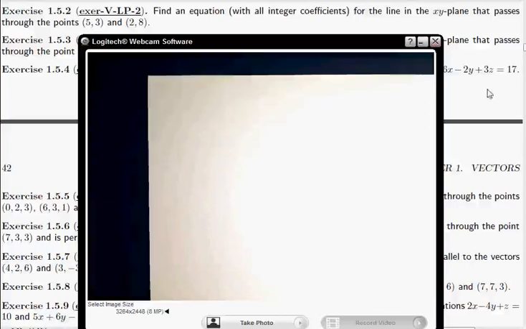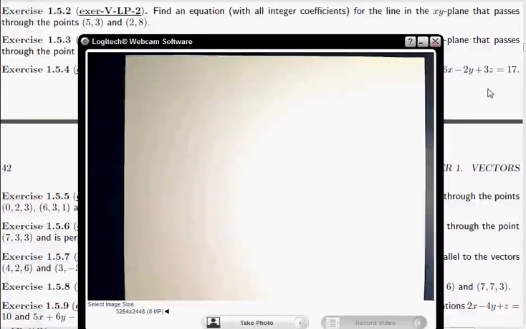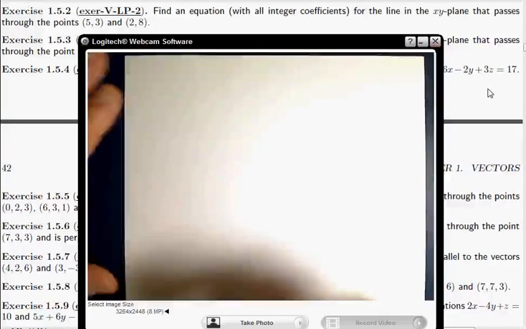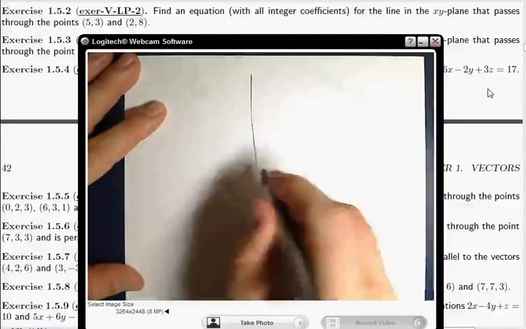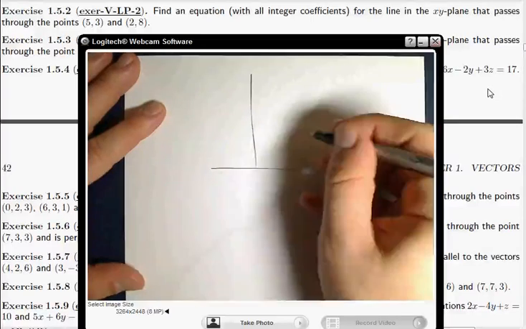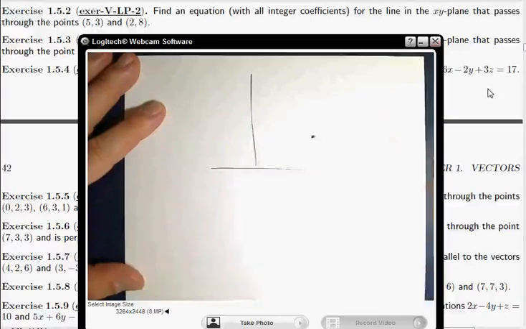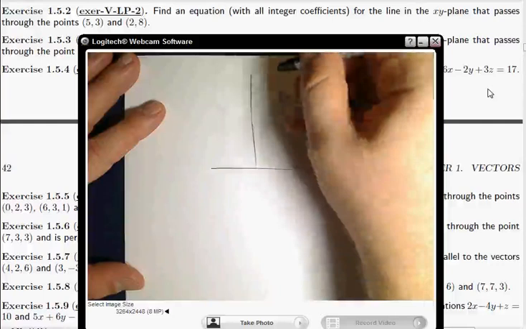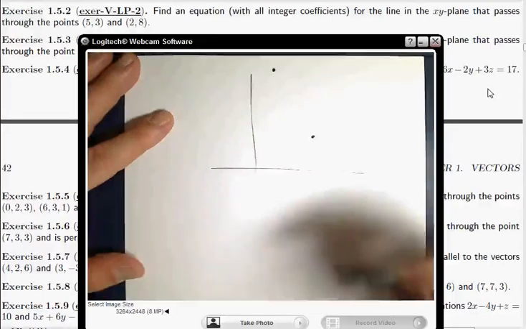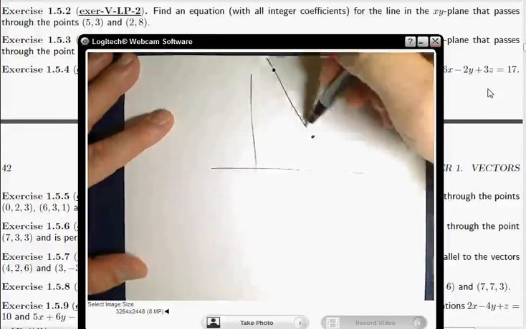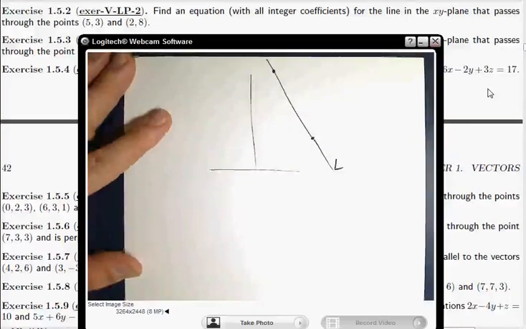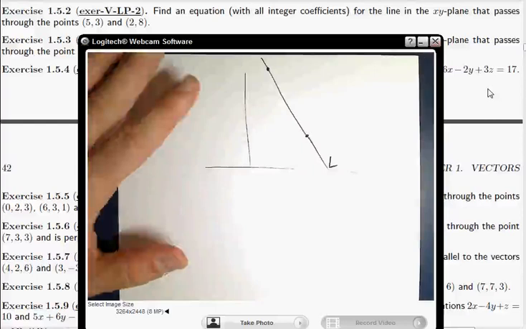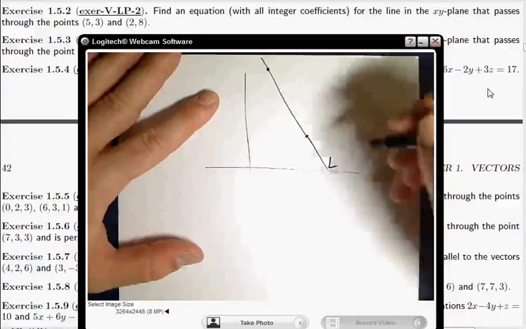Okay, so LP2. So we've got, let's draw the picture here, of 2 points over here, (5, 3) and (2, 8). So there's our 2 points, and we want to find the equation of this line through here, that line L. So as somebody recommended, we can take the difference of these to find a,